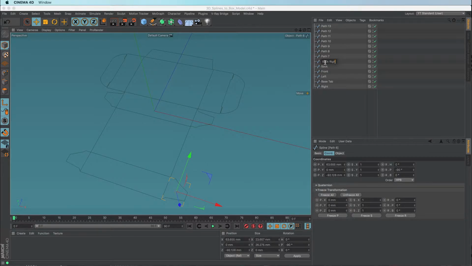back, right tab, back, left tab, simply top, front, left tab, front, back tab, simply right tab, base, left tab. Right, now we can nest them all inside each other the way that they need to be so